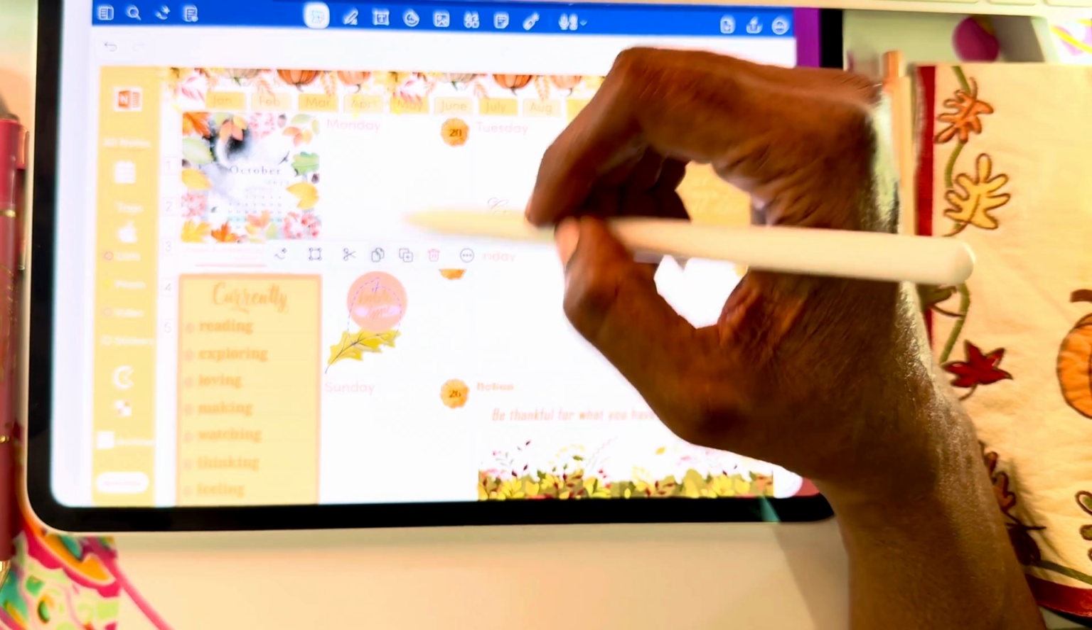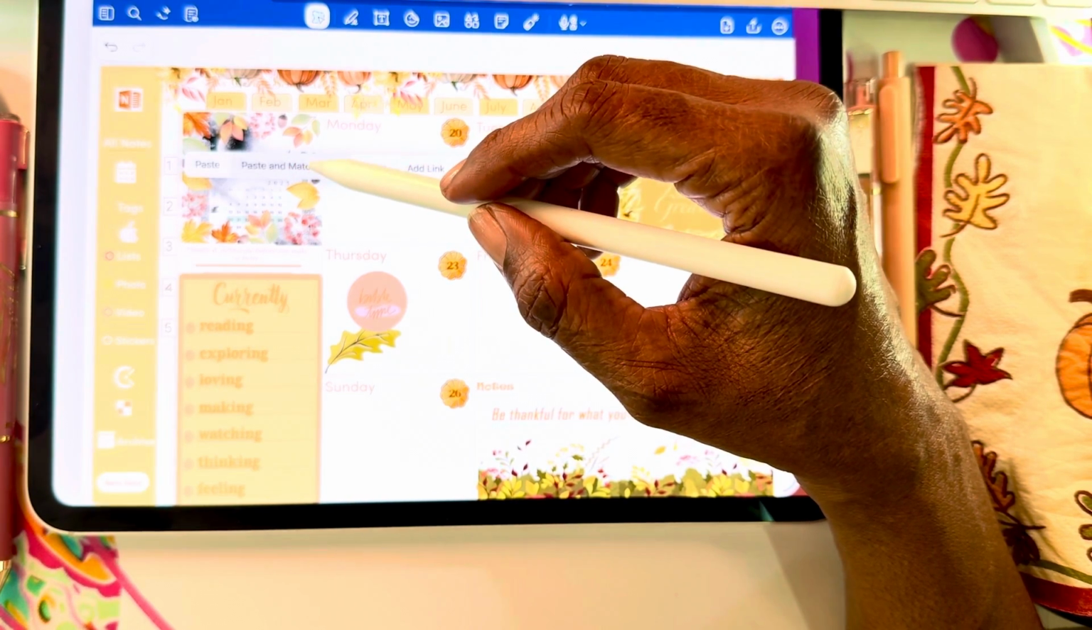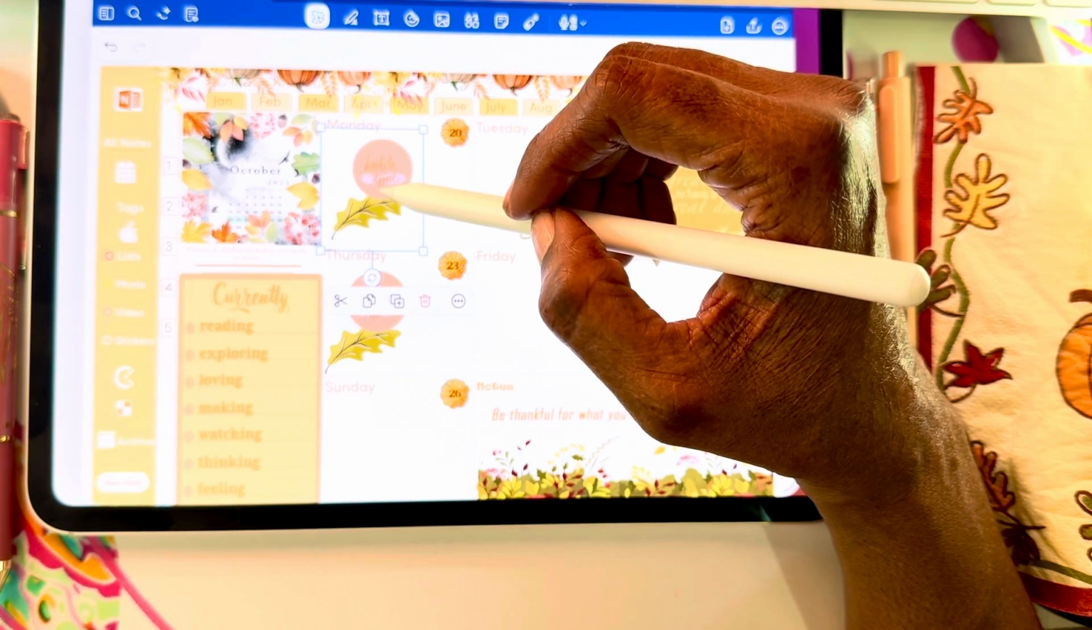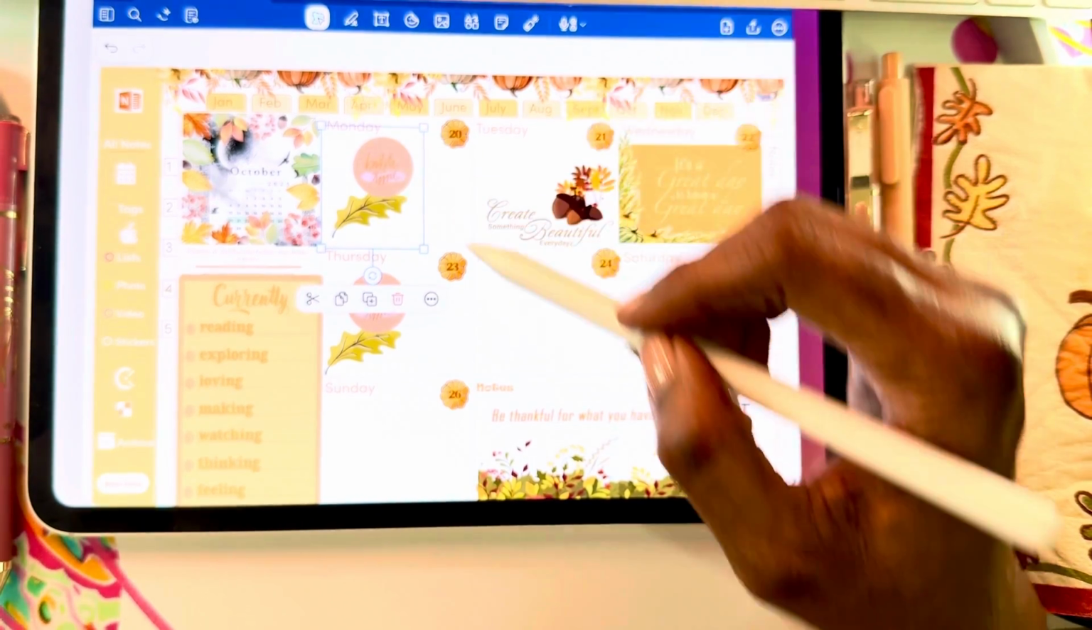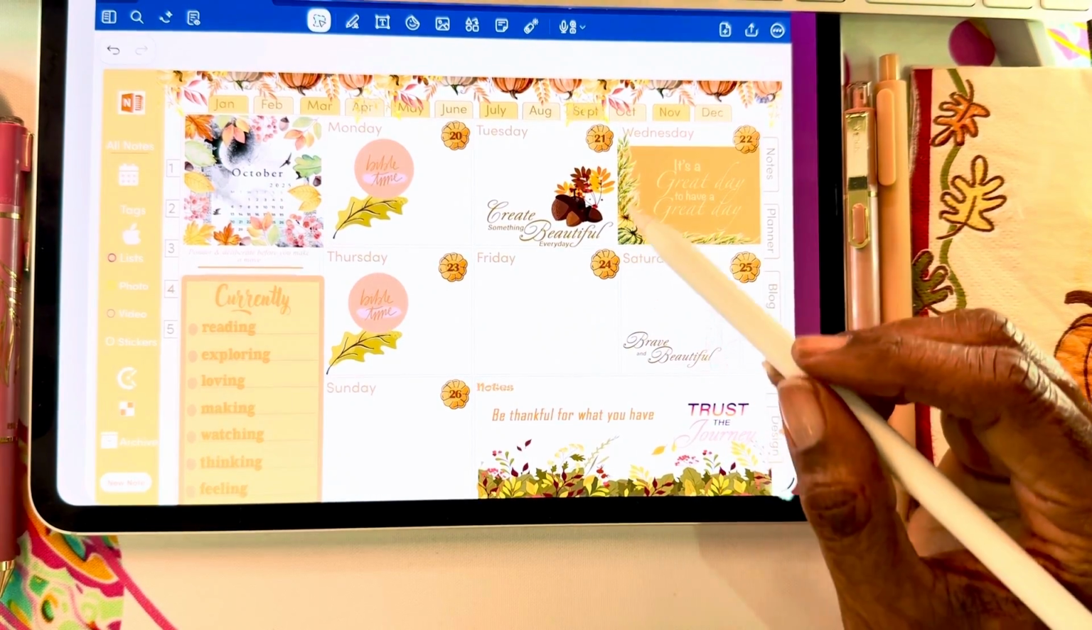Actually, I copied it so I can. That's one of the things with the new update: you can't duplicate more than one object. So I think GoodNotes needs to do something about that. And let's see, I've got